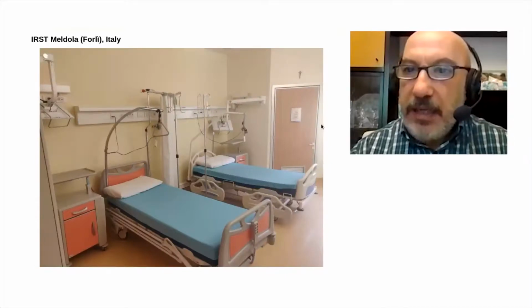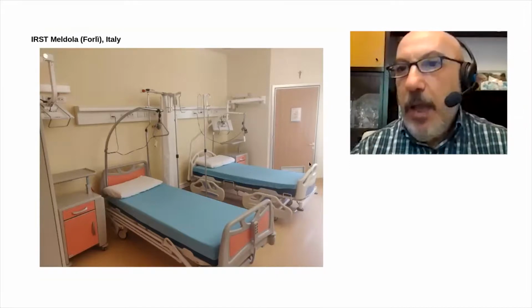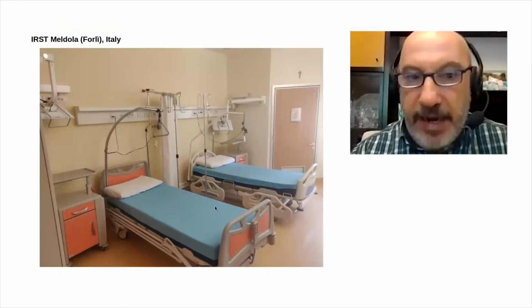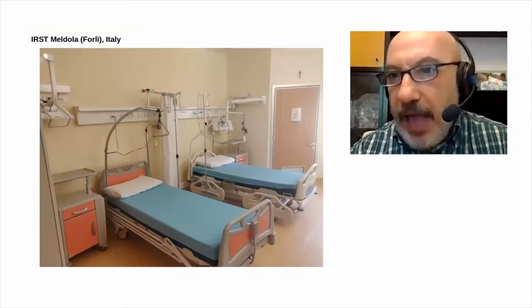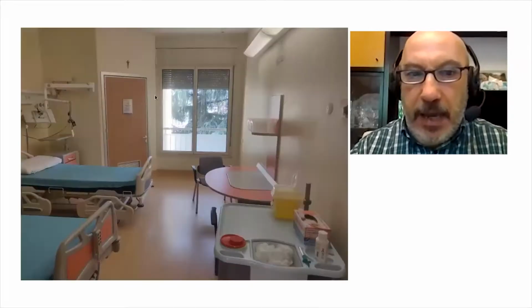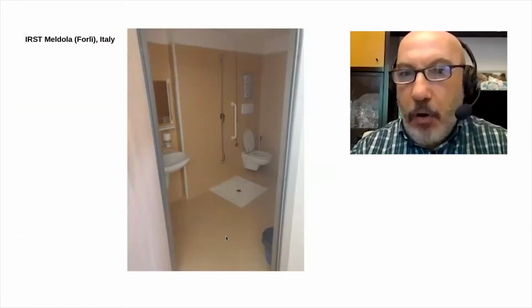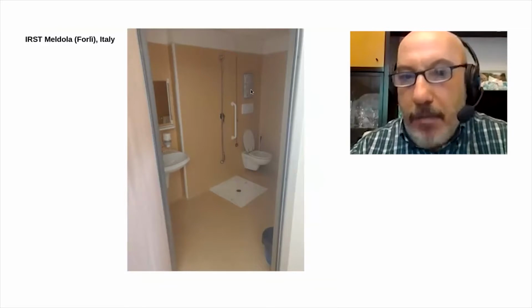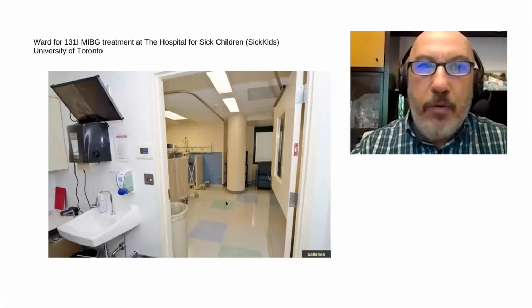Since they are specialized in beta radionuclide therapy, here there is not any specific shielding in the beds and around, because the radiation emission from the patient is quite limited. We are at the level of a diagnostic nuclear medicine patient. Everything is well equipped and in easily decontaminable material. You can see also the table and this cart. Everything is of easy decontaminability. You can see the type of floor, and this is the toilet. Once again, it is a simple normal toilet, but everything is covered in easily decontaminable and washable material.